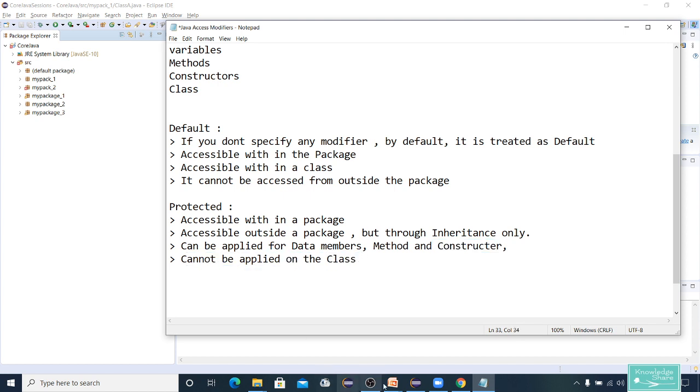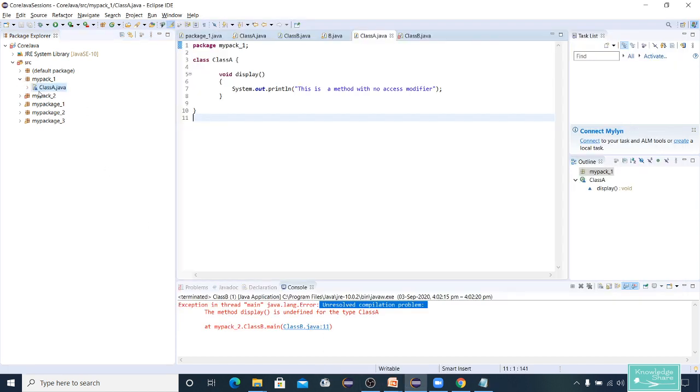For example, we are declaring the class as public, and we can declare it as private, or we can just leave it blank, which is considered default, but you cannot declare it as protected.